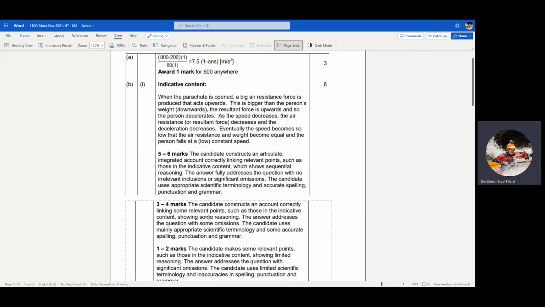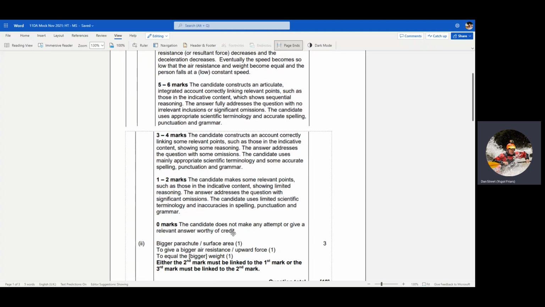For 3 to 4 marks, the candidate constructs an account correctly, linking some relevant points, such as those in the indicative content, showing some reasoning. Okay, so it's a lower quality piece of writing, and your answer addresses the question with some omissions, so you miss some important bits out, and you use mainly appropriate scientific terminology. Okay, so you might use a few common terms instead of the correct science terms,